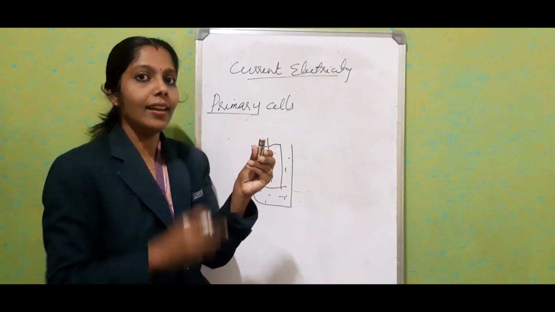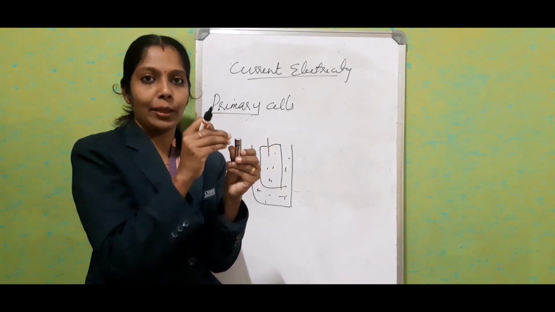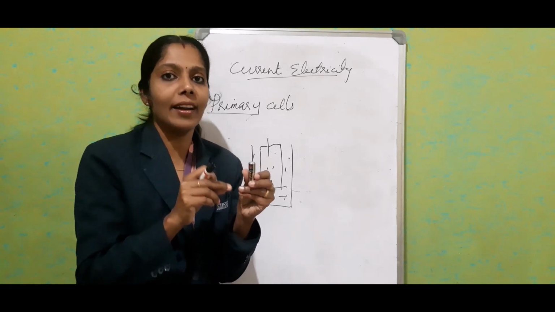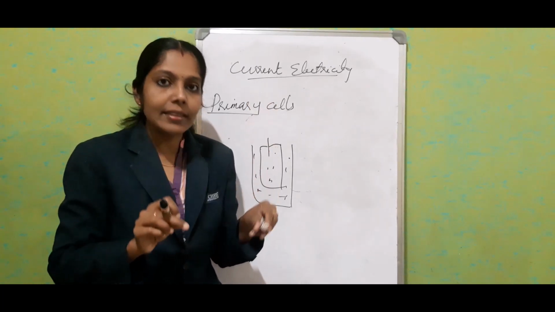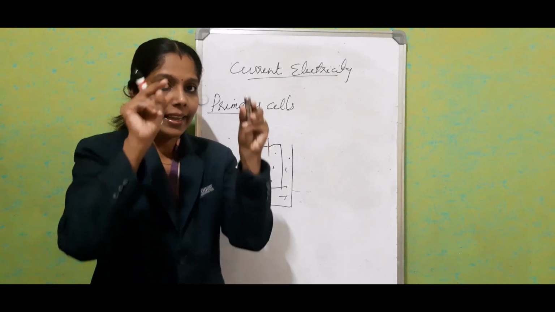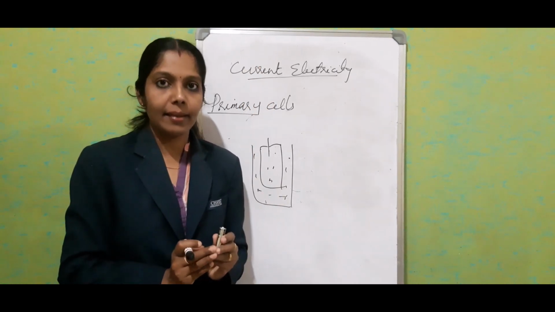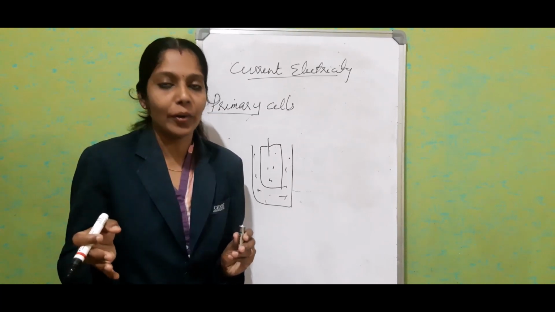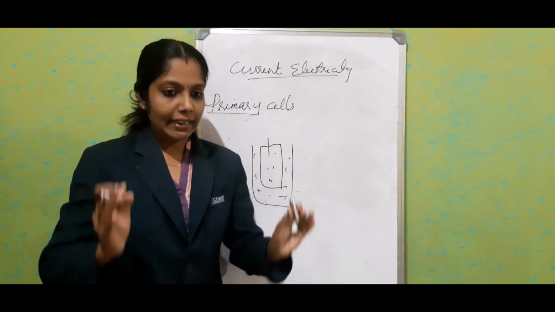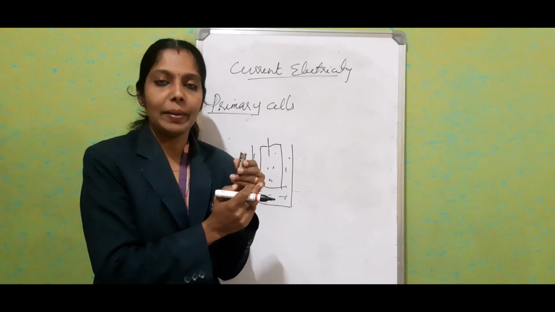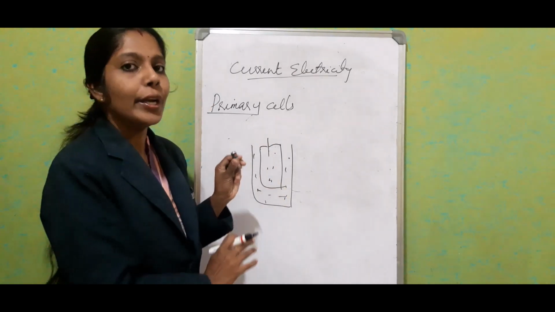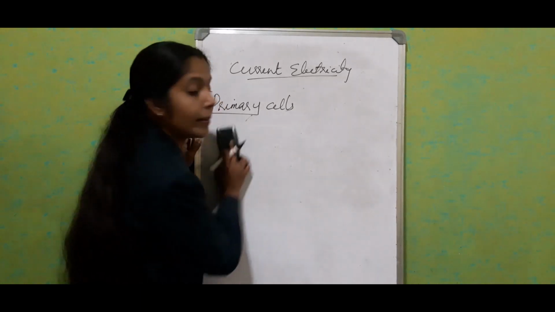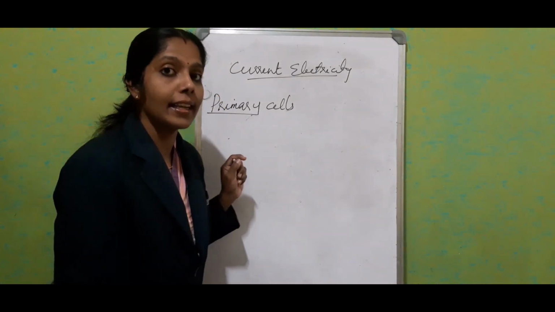We know the dry cell has the cathode inside, and on top we are keeping the brass cap, and it is immersed in manganese dioxide. Again a muslin pack is there, and inside that we are keeping the ammonium chloride and all. Then again the large zinc container will be there. Somewhat similar pattern. All these cells come under the category of primary cells.